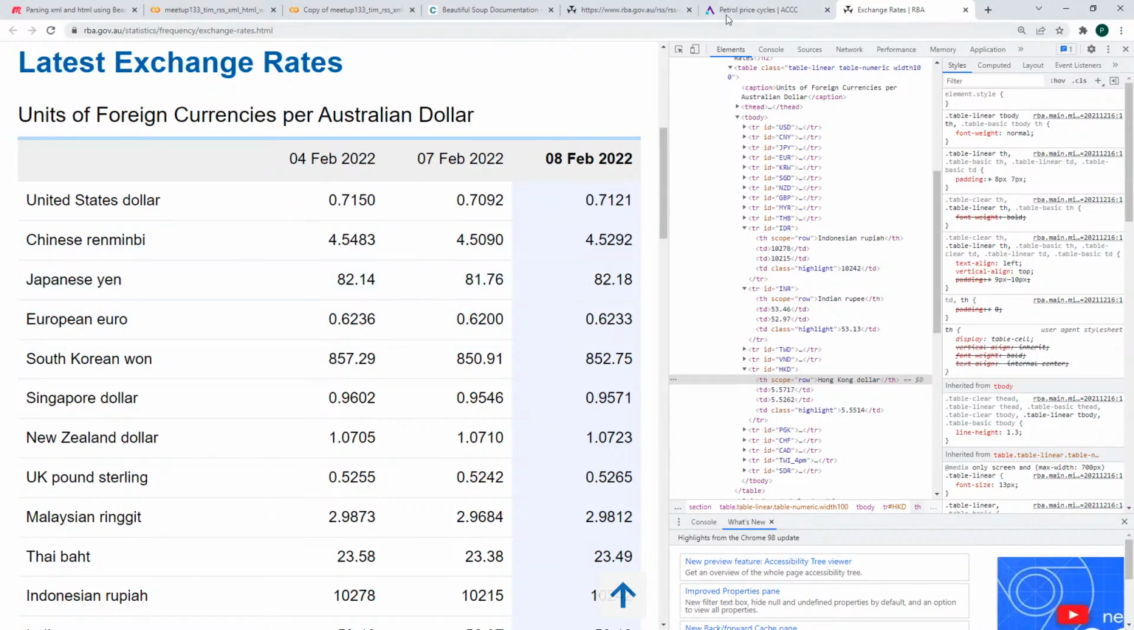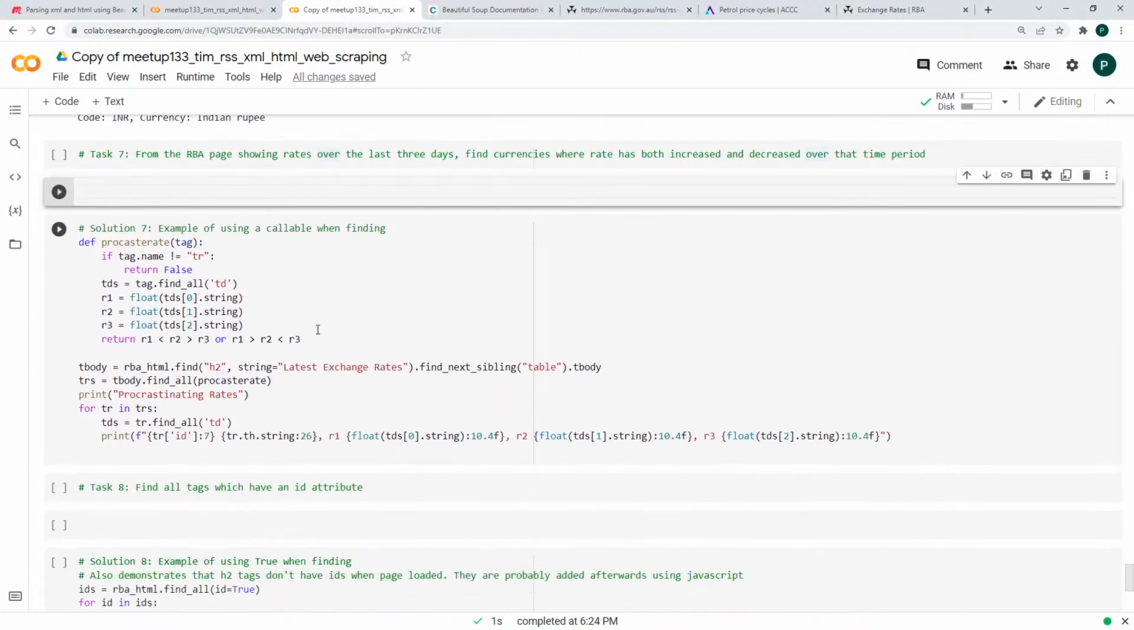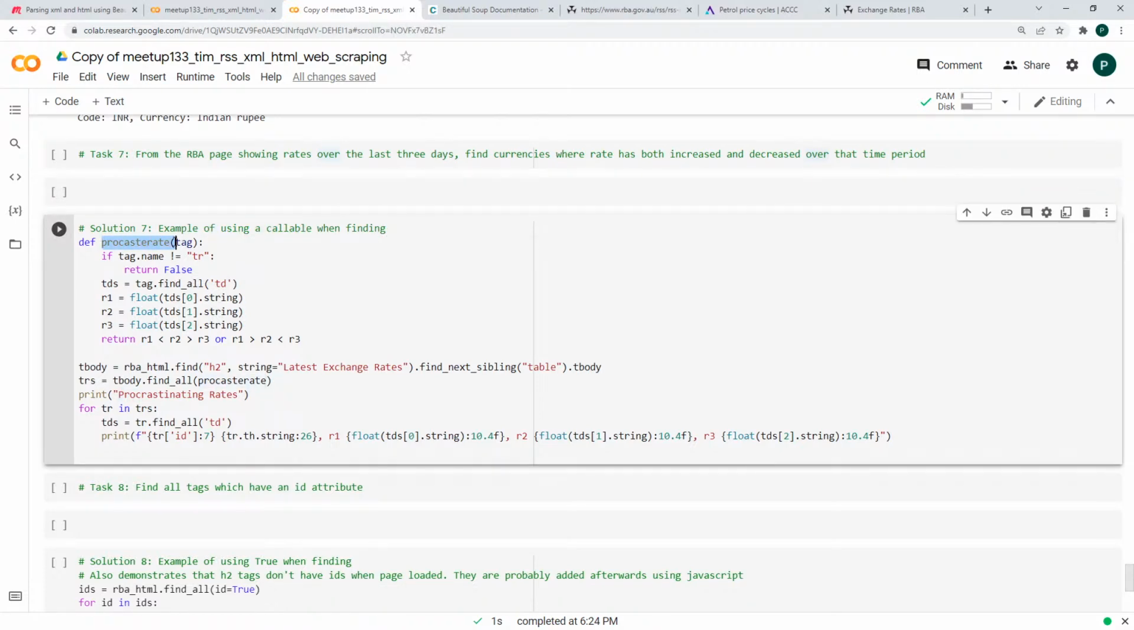So we're going to call them procrastinating rates because they don't know whether to go up or down. So what we're going to do, we're going to define a function here called procrastinate, which is going to find any procrastinating rate. We're going to pass in the tag, which is going to be a TR, which is a row in the table. We're going to look at the 0, 1 and 2 index TDs, and we're going to